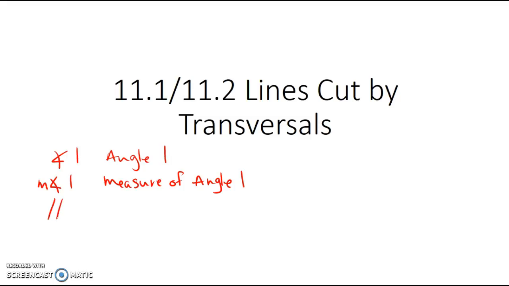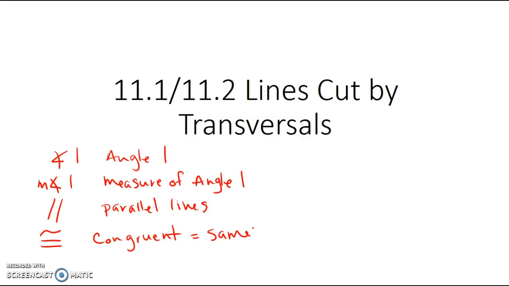If we have two lines that look like this that are parallel, that represents parallel lines. It just makes it to where you don't have to write the word parallel. And then our last symbol that we need to know is our little squiggly above our equal sign, which is congruent. And congruent means same. So we use congruent when we're talking about shapes and angles and segments because we don't